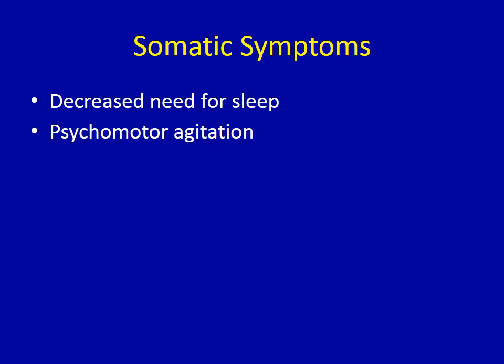And then our next somatic symptom is that psychomotor agitation. So similar to what we saw with the depressive disorders, this behavioral activation, a lot of physical energy that's not necessarily directed at goal-directed behavior or increased behavior, but just nervous energy that's visible somatically. So you might see someone pacing, they might be unable to sit still, they might be going for very long walks to get rid of this nervous energy. So the individual's energy level is so high that they are unable to manage that energy without a lot of physical motion. So this final set of symptoms are these physical changes that are characteristic of manic and hypomanic states.